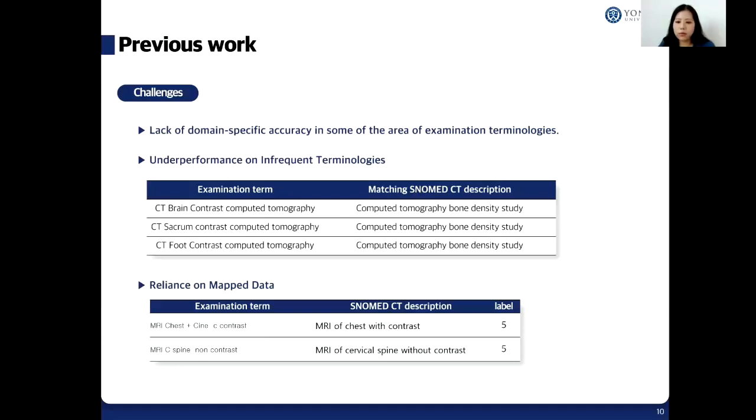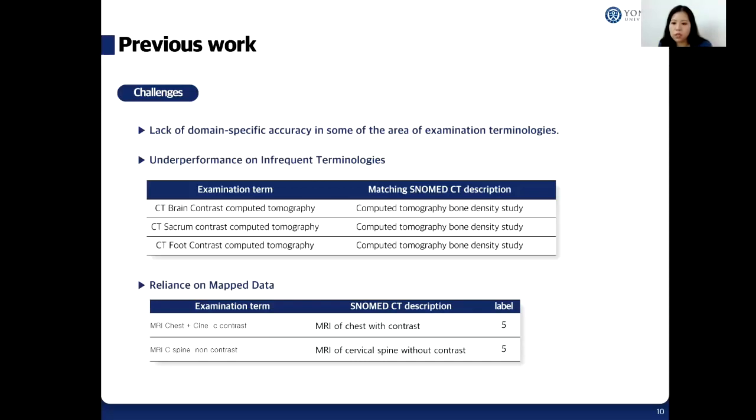And there were problems of underperformance on infrequent terminologies. The model struggled with some infrequent or less common medical terminology. And also there was limited knowledge scope. The initial model's knowledge was confined to the map data, meaning it didn't have a comprehensive understanding of the broader